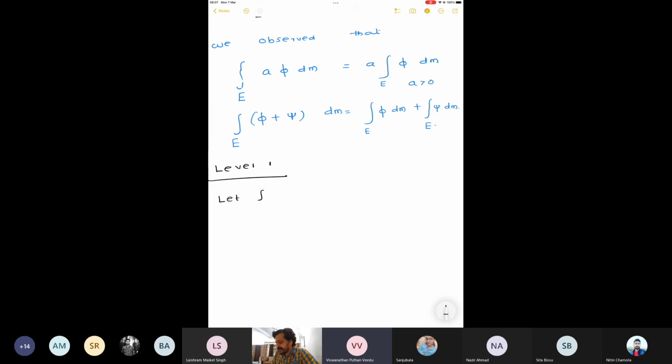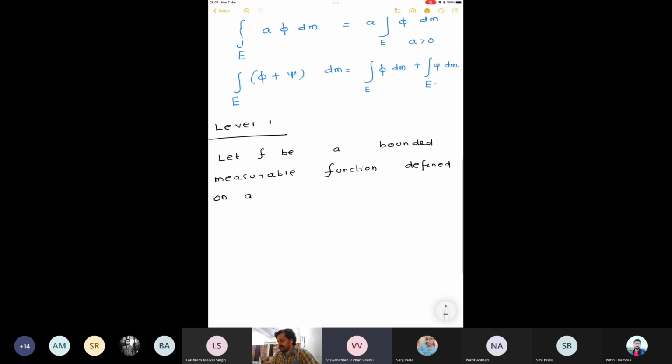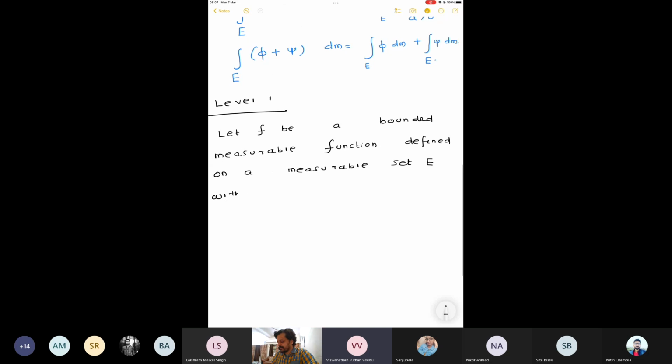Let f be a bounded measurable function defined on a measurable set E with a finite measure. Then we define